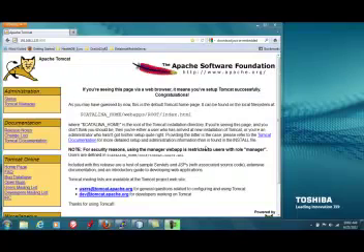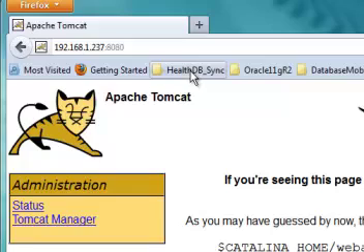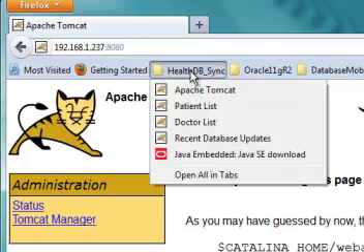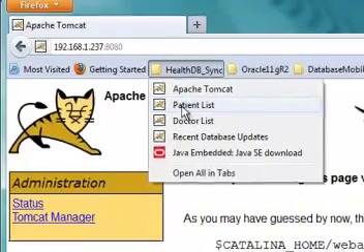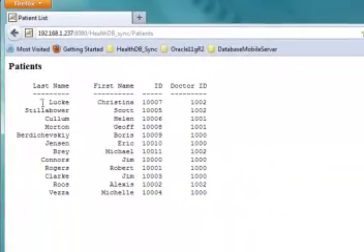Now that we have a local database deployed, we can take advantage of some of the servlets that come in the Health DB Sync web application to get a feel for what our database, our simple database, looks like. There are 3 tables in our database. The first is a patient table. What you see is each row has a last name and a first name, a unique patient ID associated with the patient, and then finally an ID associated with the doctor who's responsible for that patient. And you'll see here that there are multiple patients assigned to each doctor.